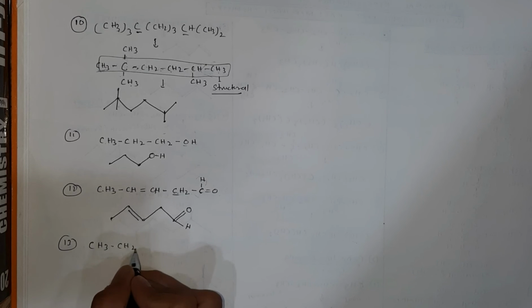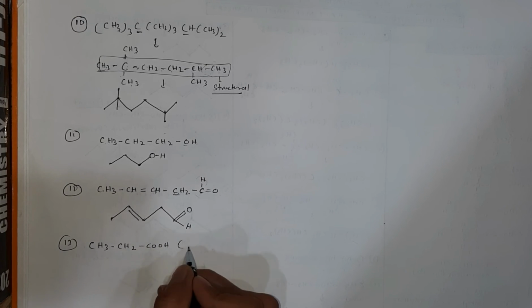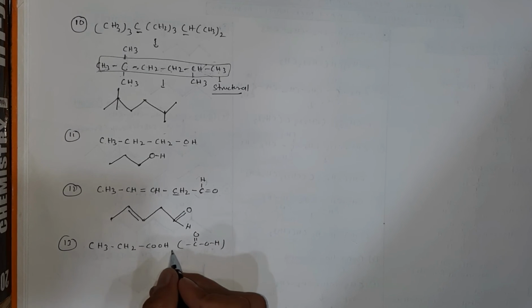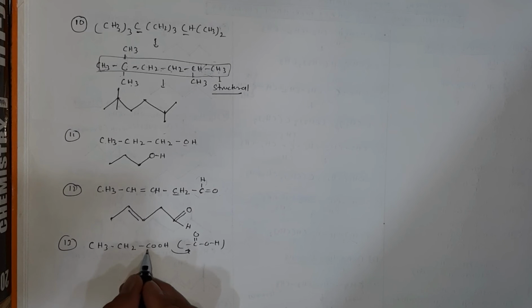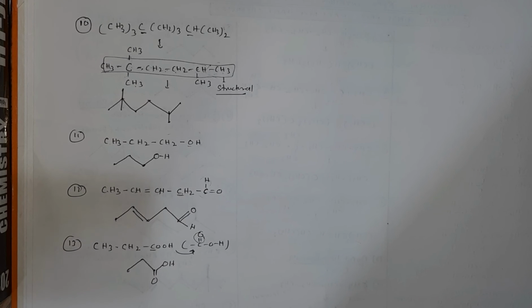Okay. Let's take an example of an acid. CH3, CH2, COOH. COOH is written as C double bond O, OH. Remember from your 10th standard. Acid. So now this is your main carbon, attached to CH2 single bond, attached to CH3 single bond, but this carbon is attached to double bond O and attached to OH. This is the representation of the acid.